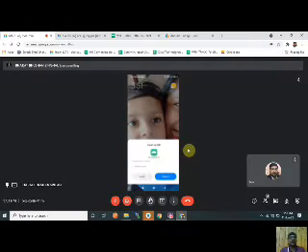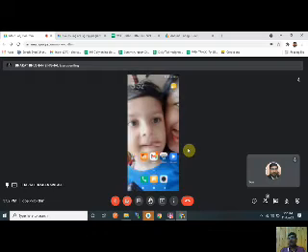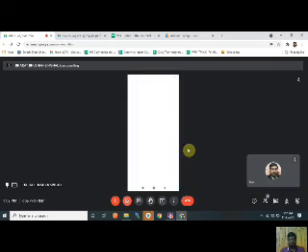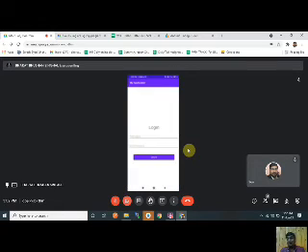Here I give the permission to install from my computer. Now this application is installed on my mobile. Now this is the layout created by me, but the image view is not visible because I didn't set any image to the image view.